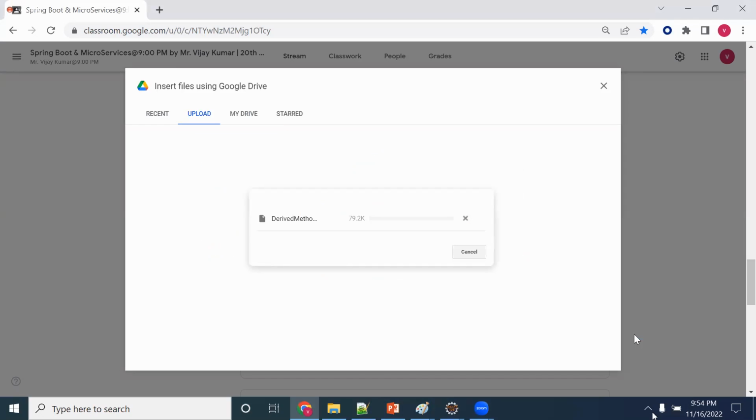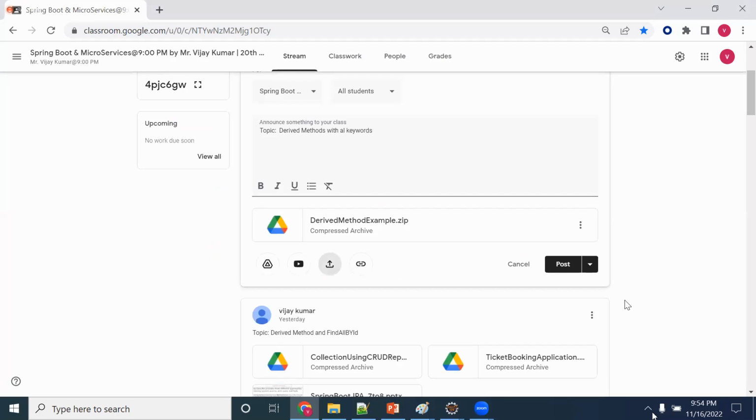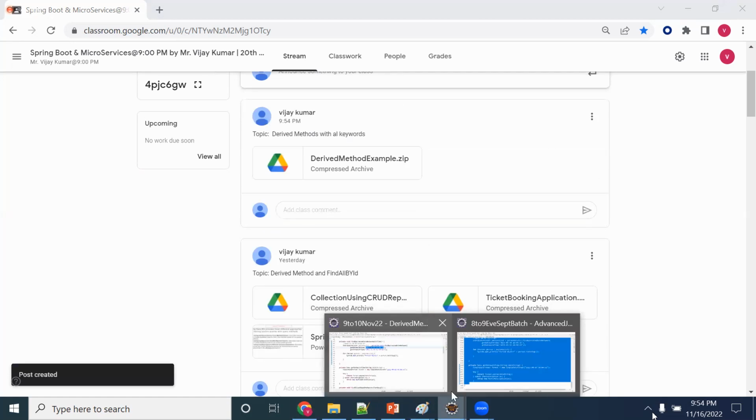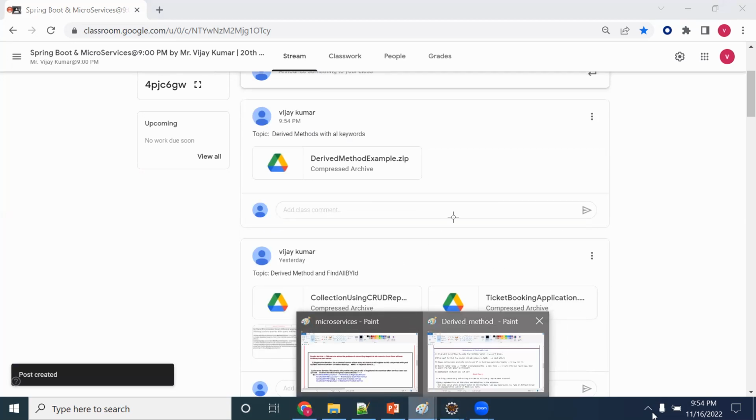Sir, if you are not writing any associations, you cannot use derived methods. Let me repeat here, guys. What I'm trying to say is, if we want to retrieve the data,